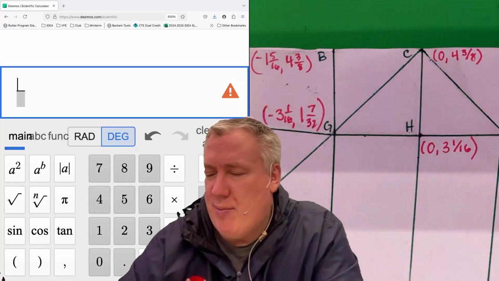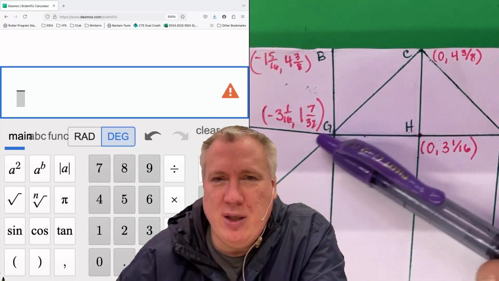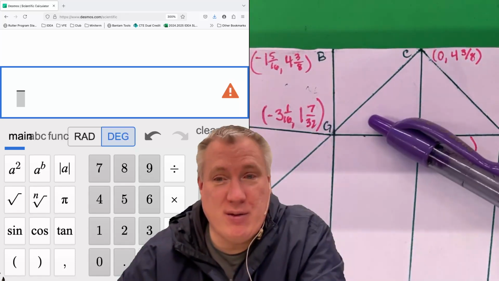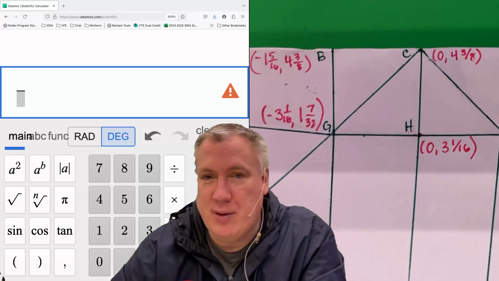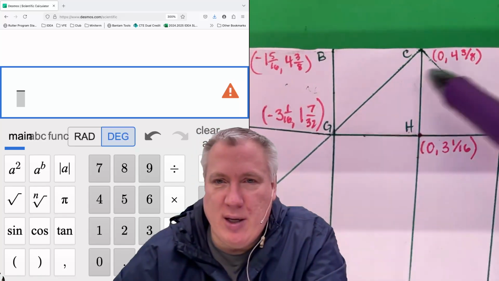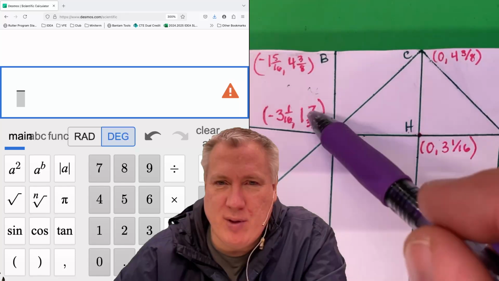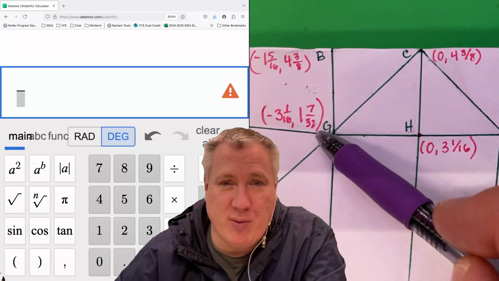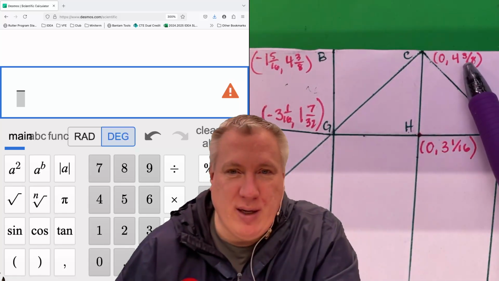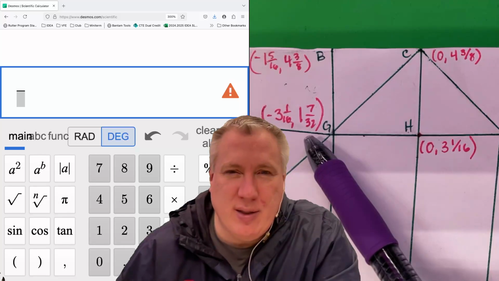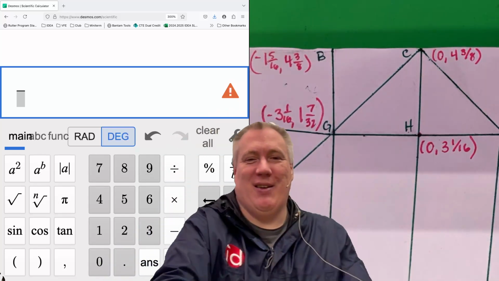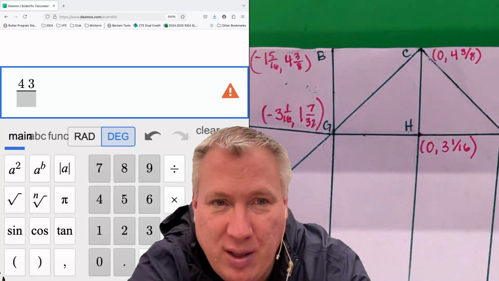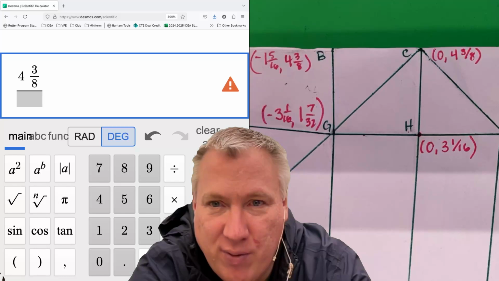So for this example, I'm going to do point C and point G. I'm going to find the slope of that line, and then I'm going to write it down on here so that I have it on my airplane for later when we go to model it. Okay. And to do so, I need to take the y-coordinate from the second one, so I'll call this the first one, and this is the second one, the y-coordinate of the first one, and subtract the y-coordinate of the second one. So that's taking 4 3/8 and subtracting 1 7/32. Okay, so I'm going to go 4 space 3 divided by 8, arrow over, minus